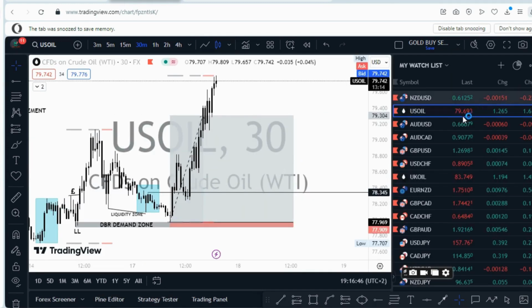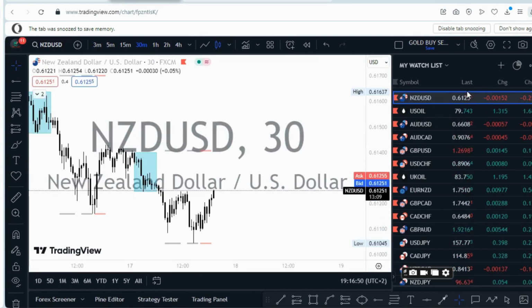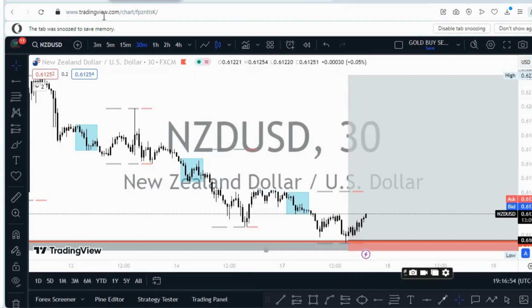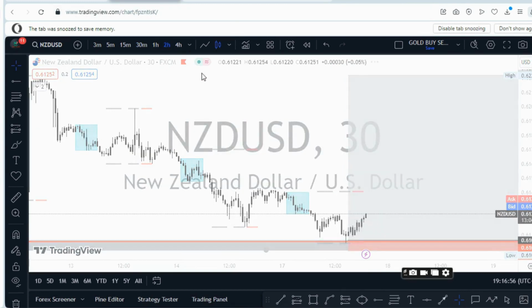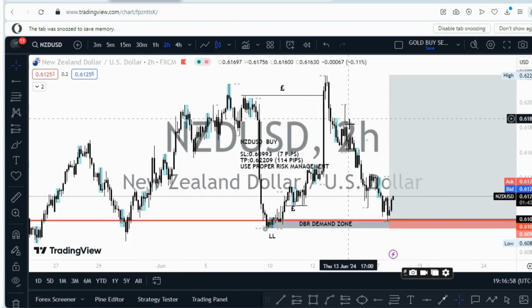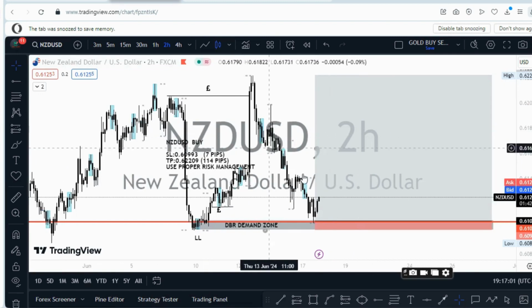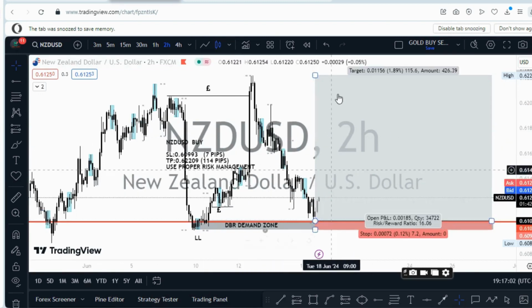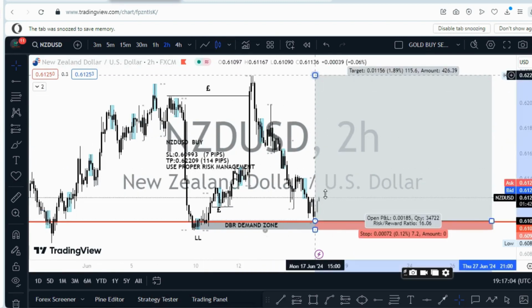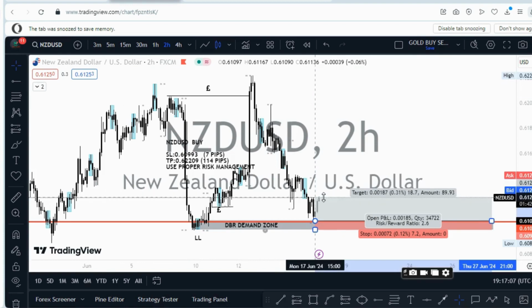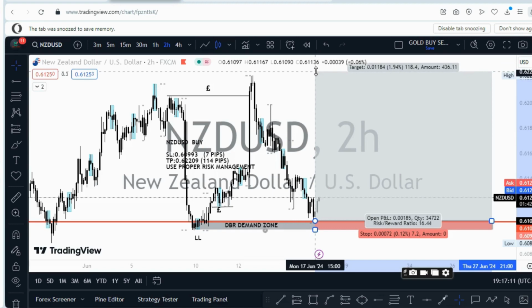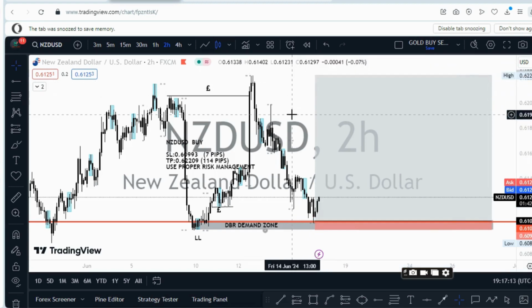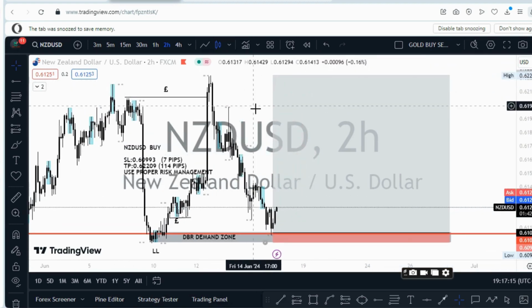NZD USD, let's see what is happening right now. I believe it's up like 2 hours or more. Right now it's moving like 1 to 2, 1 to 3 or more. Yeah, this is the one right now. It's also moving beautifully, right? You can see that I was able to enter from here and now the market is there. So far the market has pushed about 1 to 2.6 risk reward ratio, and our target is like 1 to 16 risk reward ratio. Beautiful stuff right here.